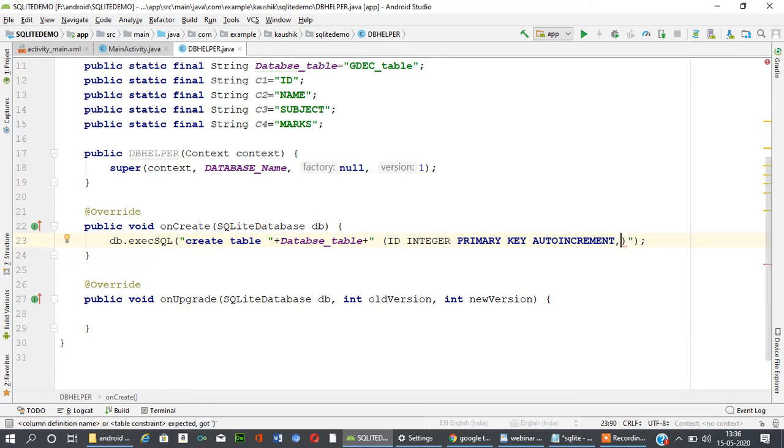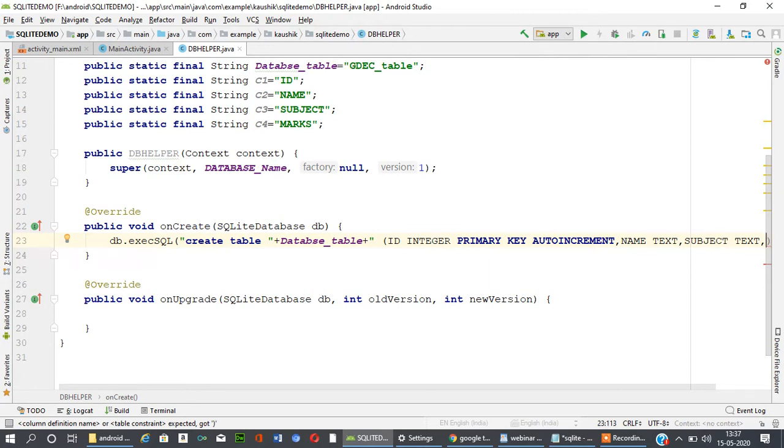The second column is name, and the type for this field is text. The third one is subject, and the type is text, comma.